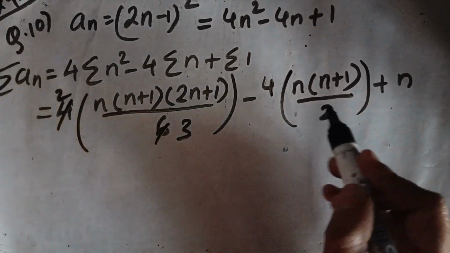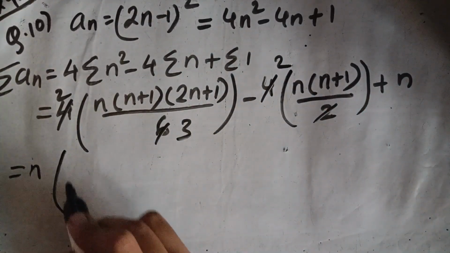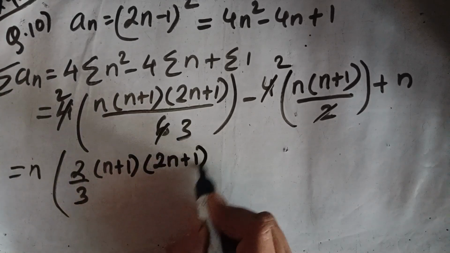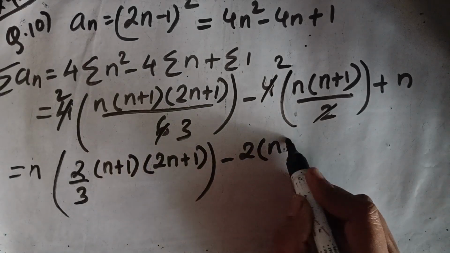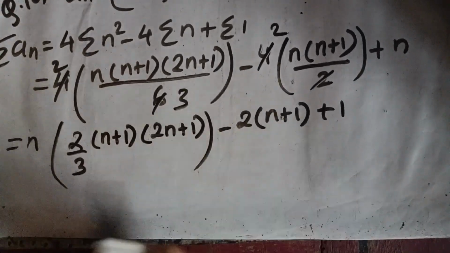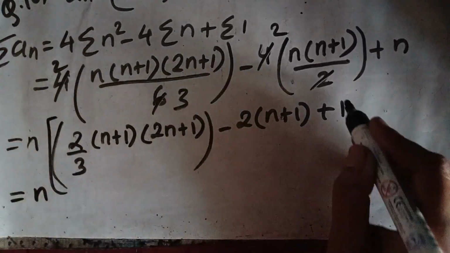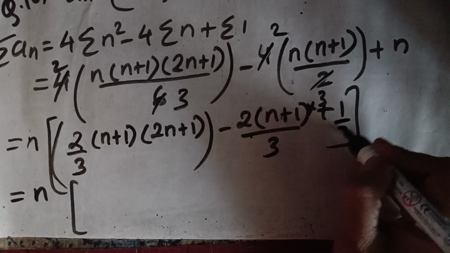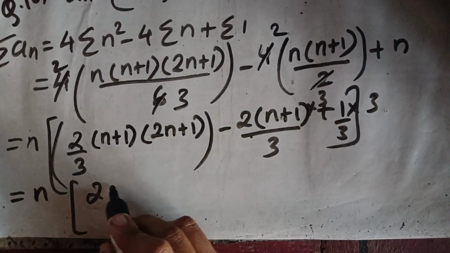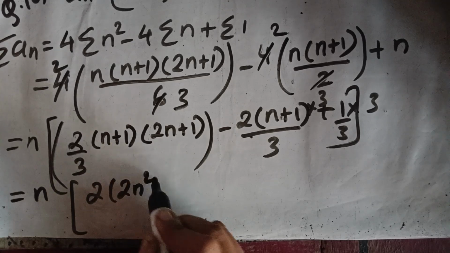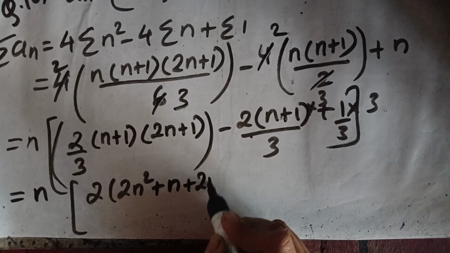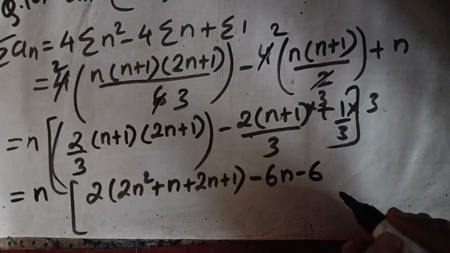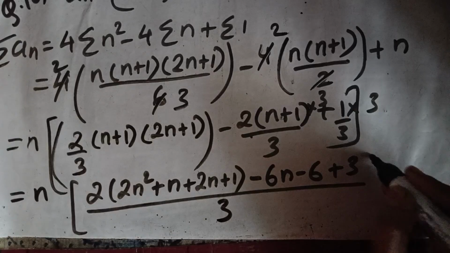Okay. So we have to divide and multiply by 3. 2n square, n plus 1, 3. Okay,